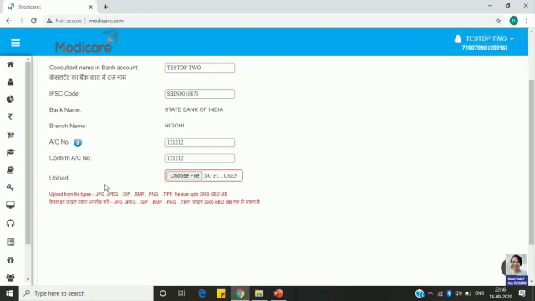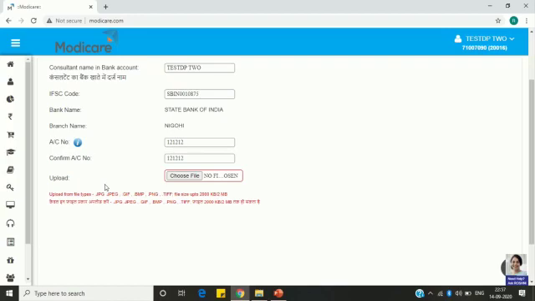So this is how you have to enter the NEFT details. Once this is verified, then your income will start coming to your bank account directly. So ensure that your name with Modicare and the name appearing in your bank account has to be same.